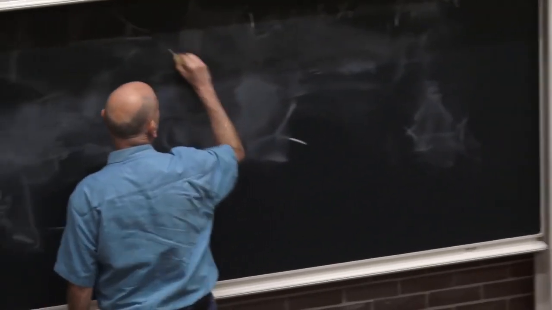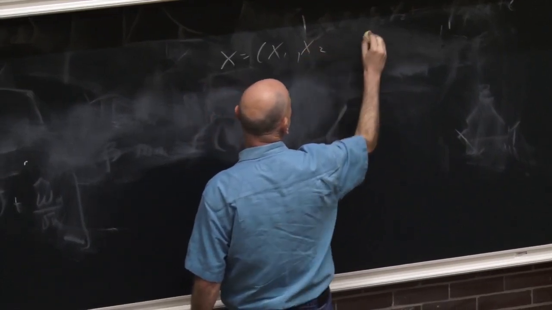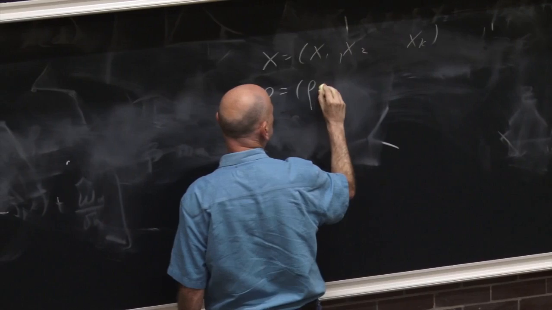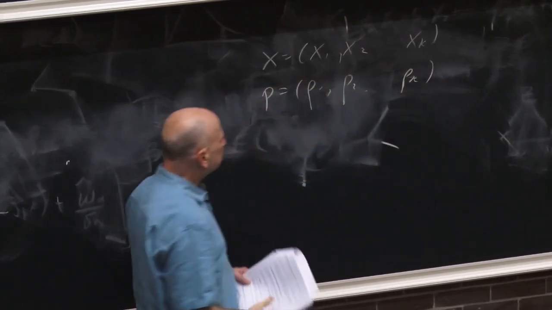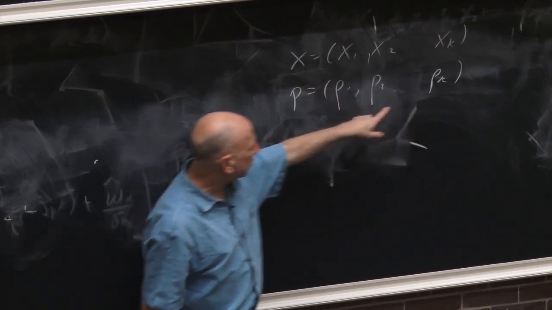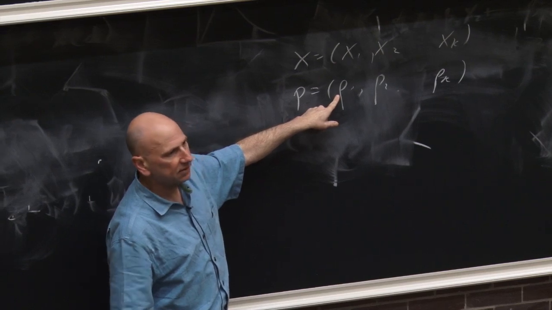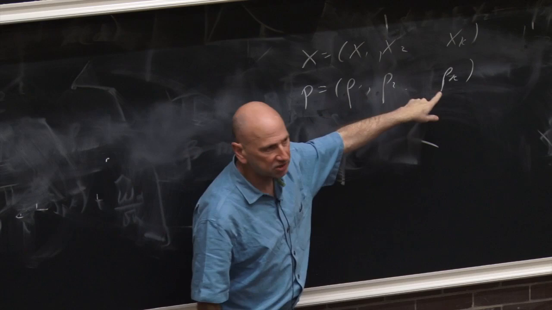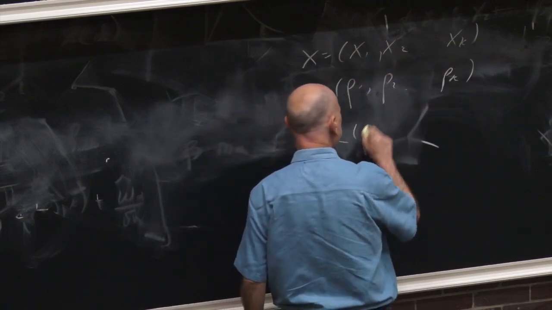You know, it's just I have x is x1, x2, up to xk, and there's some probability p1, p2, up to pk. So it's just a discrete random variable where I've observed it can take k different categories, like k colors, and there's some probability p1 that the color will be red, p2 is the probability that something is green, and so on. And these are just the counts, you know, and the likelihood function is just